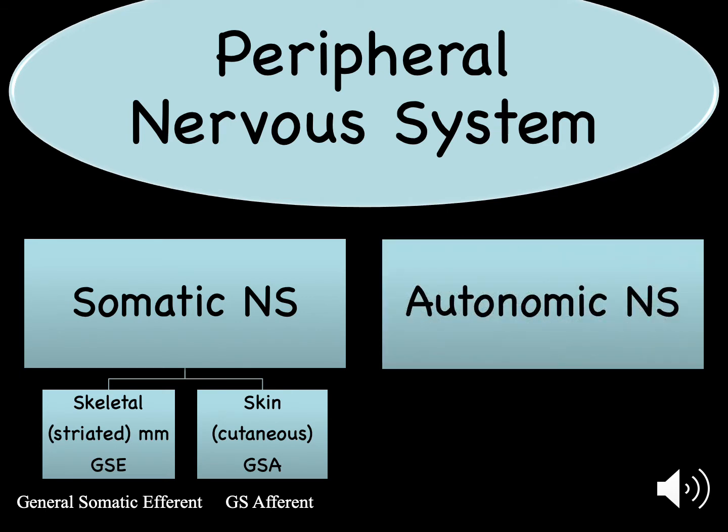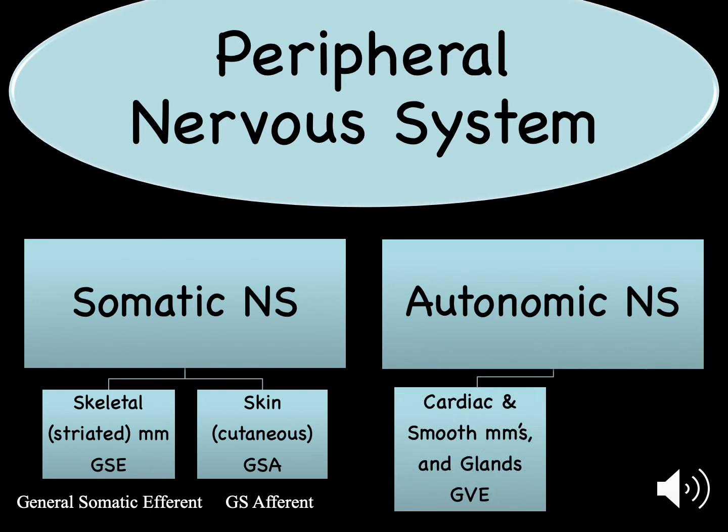The autonomic nervous system, I will get to that later on, but briefly, the autonomic nervous system is considered an efferent system. It only has one fiber type, the general visceral efferent fibers, general visceral, not somatic, because they don't come from somites. Their embryologic origin follows a different course. And the three targets of the autonomic nervous system are the cardiac muscle, which you don't have to worry about until Unit 5. But the other two, yes, smooth muscles